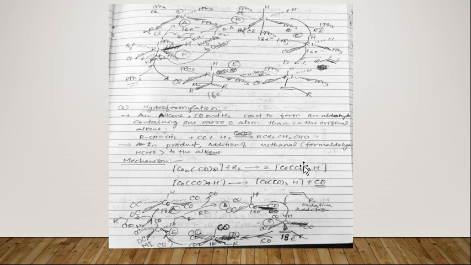So basically the product formed is the aldehyde, which has one more carbon atom than the original species like alkene. Here if you see, the alkene has two carbon atoms, and it becomes 3 carbon atoms. Three carbon atoms become 4 also. So these are the main things.